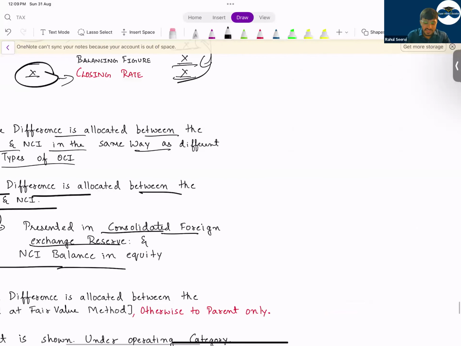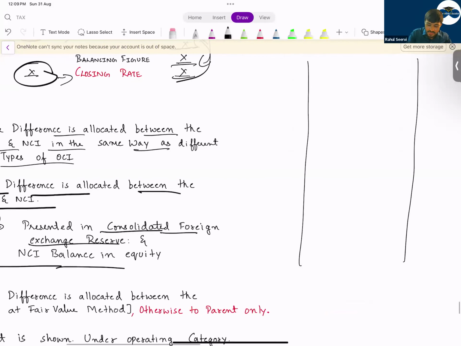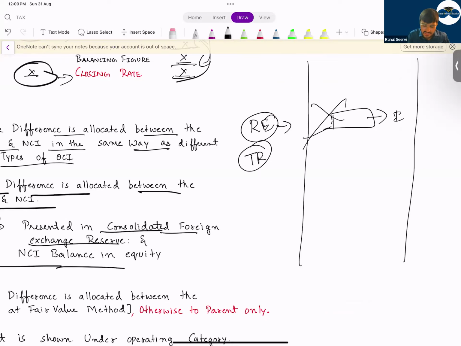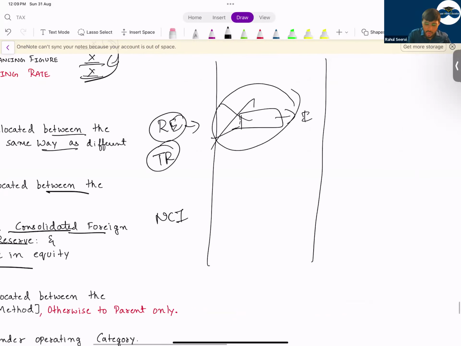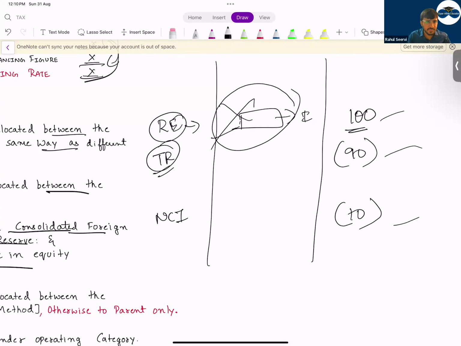So, what is the frequently tested adjustment here? The examiner will say that the question will say the exchange gain or loss is recorded in retained earnings. We have done one exam type of question also, where the question says that the exchange gain or loss is recorded in retained earnings, but this is wrong. For the parent company we have to create a translation reserve, exchange gain or loss reserve, and for NCI we will reduce. So what will you do? Here they have reduced the loss, so I will come and add it back here. I'll increase my retained earnings. I will record in translation reserve a loss of 90 for the parent and 10 as a loss for NCI. So you have to do this. This is the frequently tested adjustment.